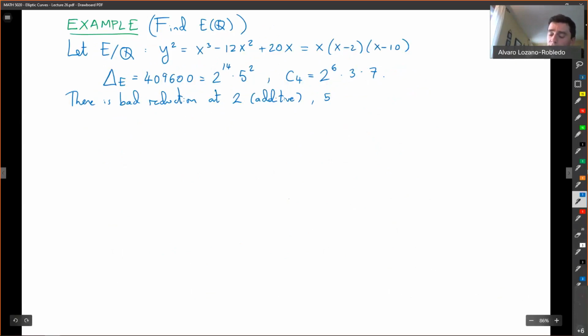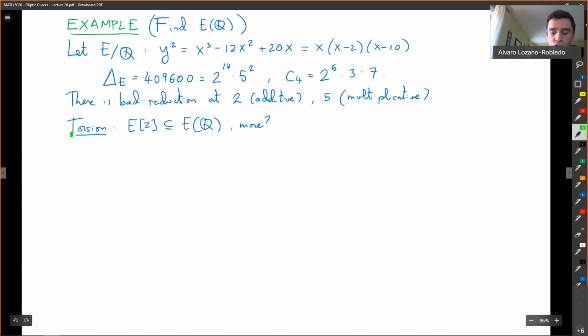and 5 is also bad, but 5 doesn't divide C4, so the reduction is actually multiplicative in this case. It doesn't matter. Now, what about the torsion? So for the torsion, we certainly have that the 2 torsion is contained in the points defined over Q. Is there more? Is there more to torsion? Well, we can use our tools. Remember, recall